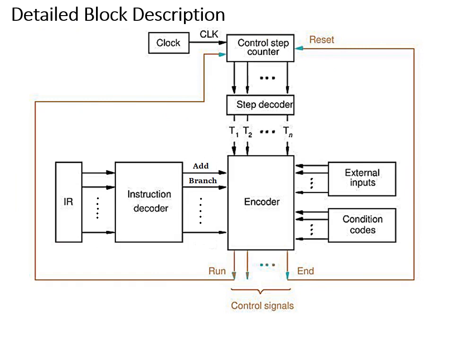We have a counter, we have a step counter. Okay, what is the step decoder? Based on the counted step, the decoder informs the encoder. There are multiple decoders here. The step decoder informs the encoder which particular clock cycle it is right now. Okay, so we can see some signals here, T1, T2, T3.